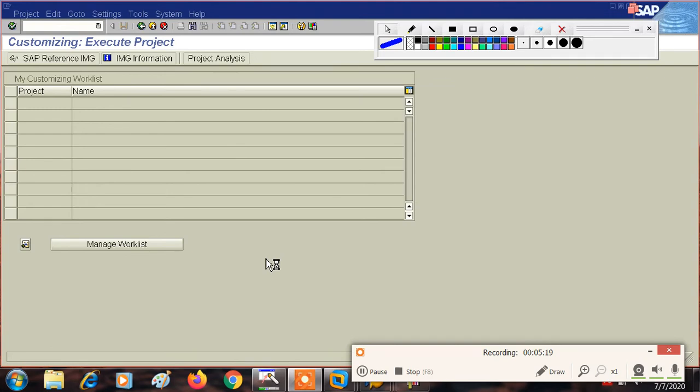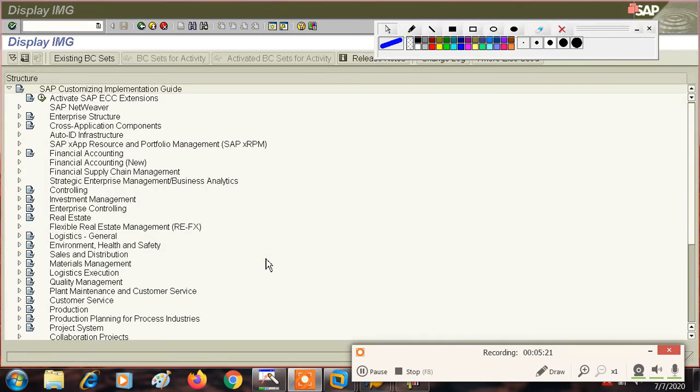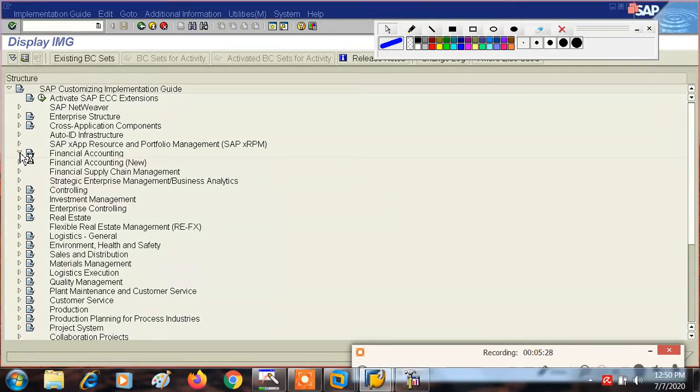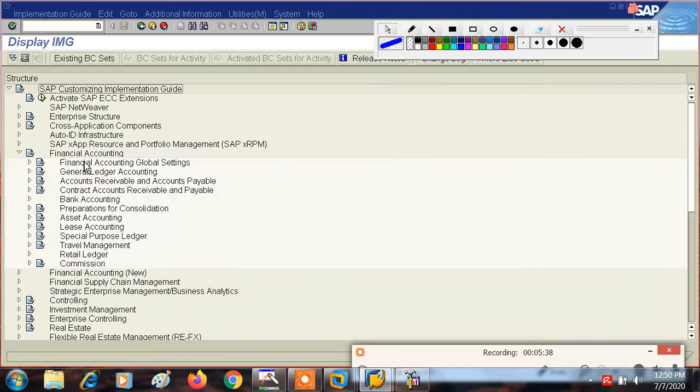Again the system is slow. So this is financial accounting. Financial accounting global settings.